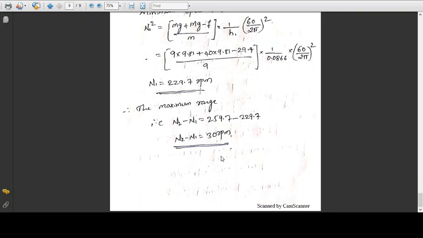And in the third problem he has given one condition for the speed. Based on that condition, you need to calculate the frictional force, and then by using that frictional force you need to calculate the range of speed. So with this we'll end today's session.